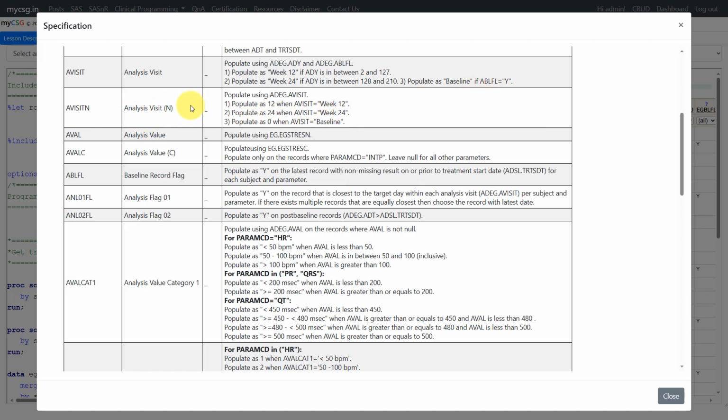And then for AVISITN, we are being given the logic. It says populate using ADEG AVISIT. Populate as 12 when AVISIT is equal to week 12, populate as 24 when AVISIT is equal to week 24, and populate as 0 when AVISIT is equal to baseline. Again, for the condition that needs to be checked for week 12, we can make use of the same condition. We can check if ADY is between 2 and 127 and directly create AVISIT equal to week 12, and within the same step we can assign AVISITN equal to 12,